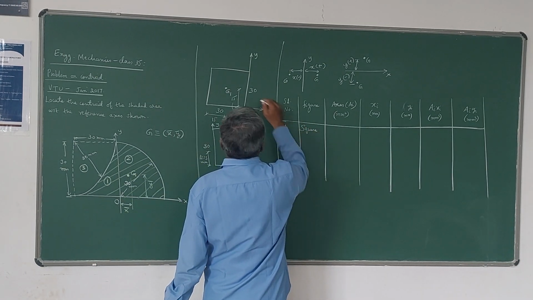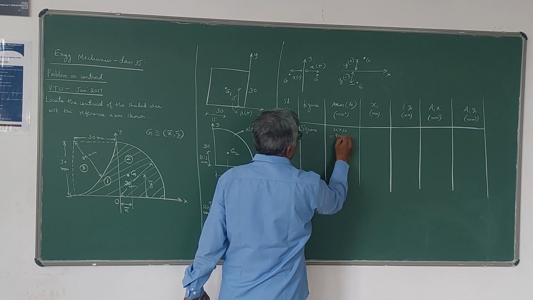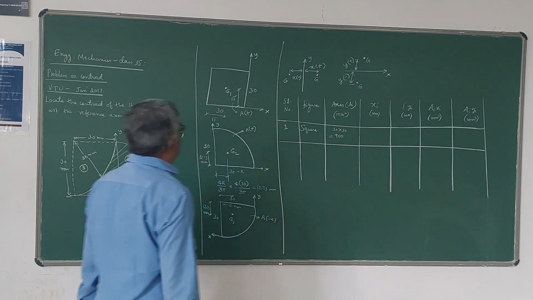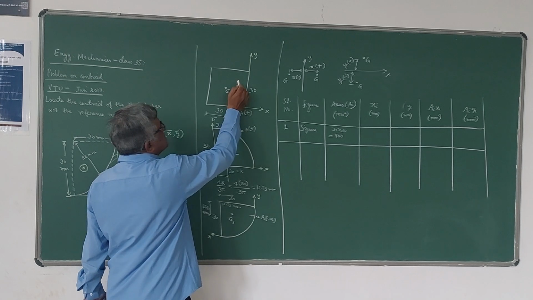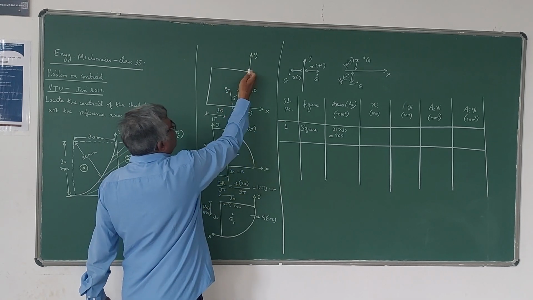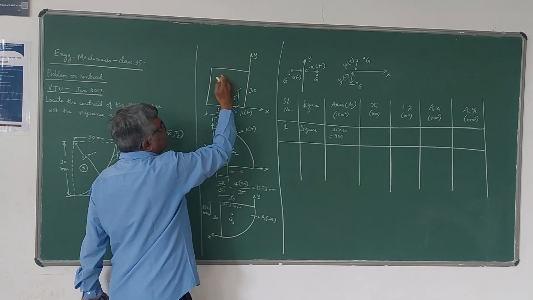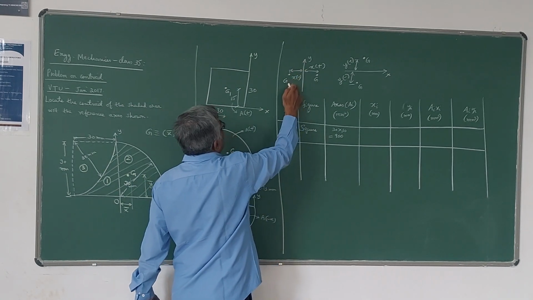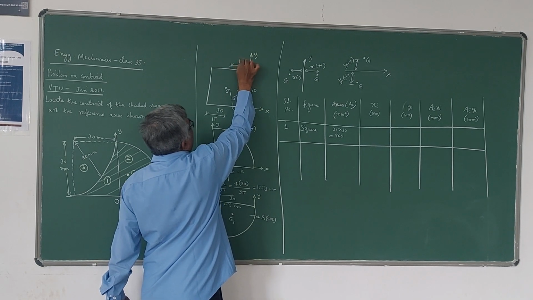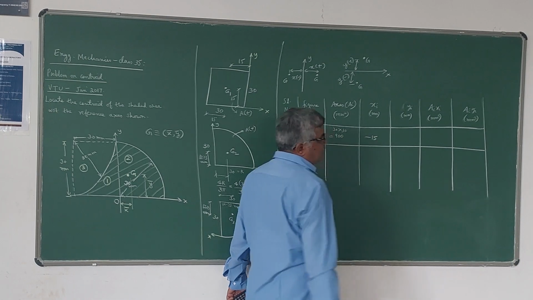Area of the square is 30 by 30. It is 900 millimeter square. Then I have to write the value of xi for that square. Xi is the distance of G1, the first one, the square, from the y-axis. So you please be careful here. This G1 is to the left of the y-axis. Left of the y-axis, xi we have to take negative. So this distance will be 15. So I have to take minus 15, because it is lying to the left of the y-axis.